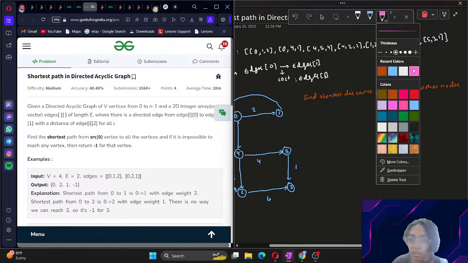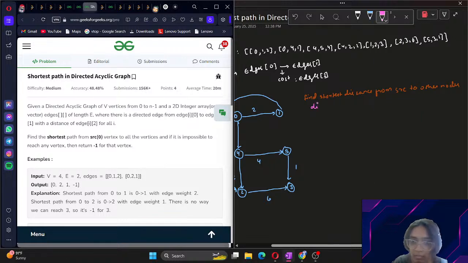And this can be achieved by the Dijkstra algorithm plus BFS. The Dijkstra algorithm says that if we have a distance